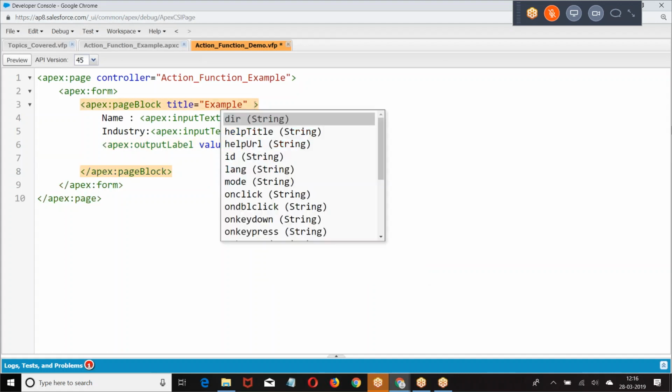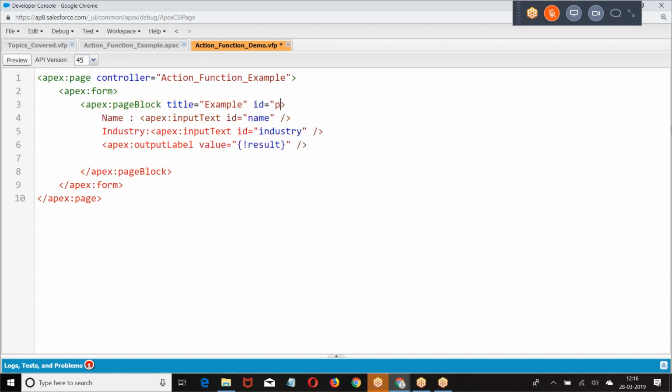Look at this, everyone. Now I am not assigning the value to a variable. Like the previous example, I am not assigning the value to a variable.